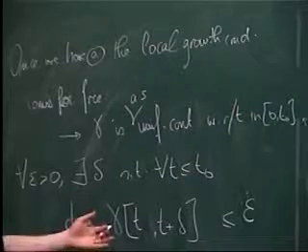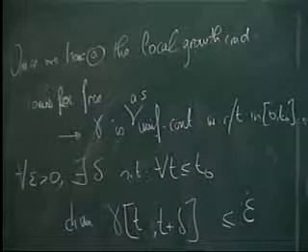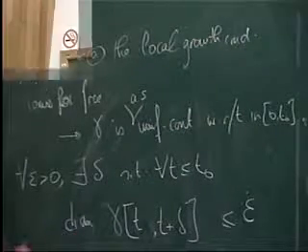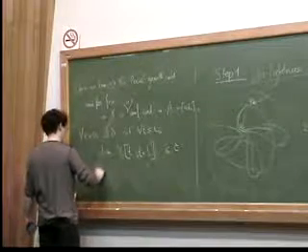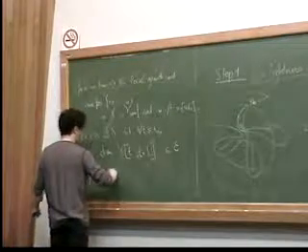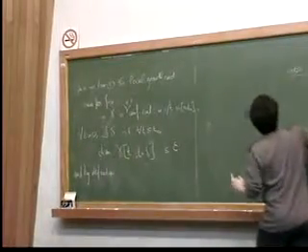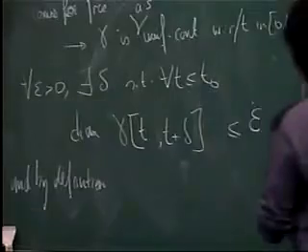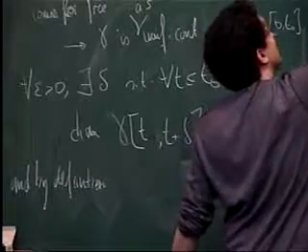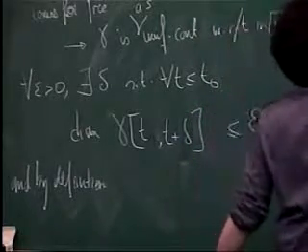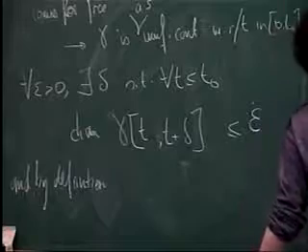Okay, that's what it means to be uniformly continuous. And we know, by definition, gamma t plus delta